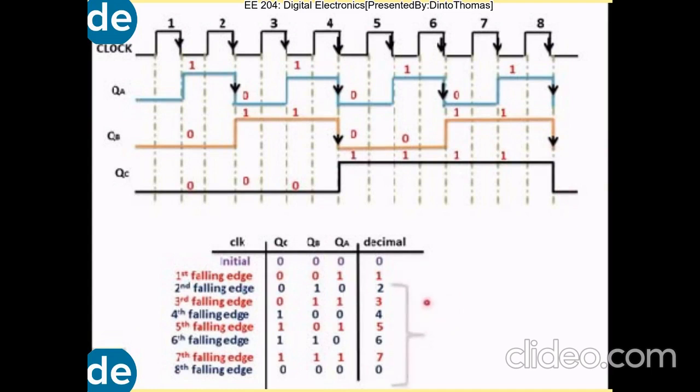Therefore, it contains 8 number of states. So if there are n flip-flops, there will be 2 raised to n number of outputs. So here the value of n is 3, so there are 8 states. It is compulsory in this type of counter that it will complete every sequence, that is from 0 to 7, or 0 to 15, or 0 to 3, based on the number of flip-flops.